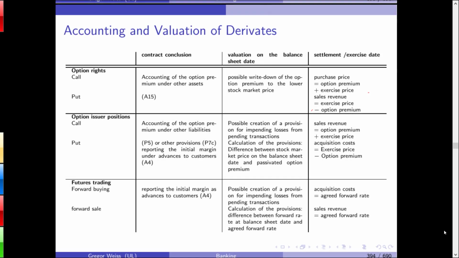So welcome everyone. Last week we stopped right here at this point where we have a short discussion of how derivatives, financial derivatives, are dealt with under German accounting rules. Why should there be any specific rules when it comes to hedge accounting? I think I explained this to you last week.